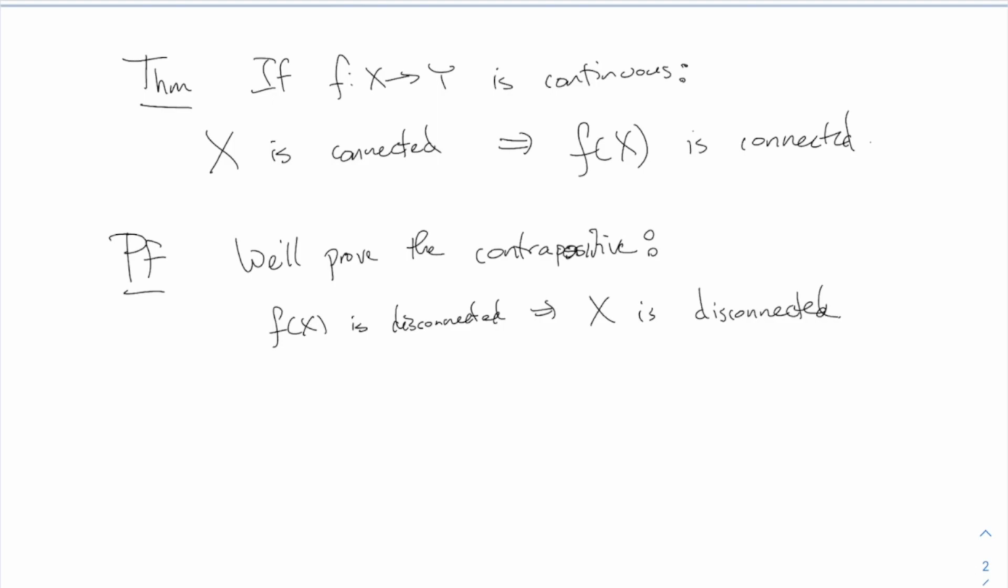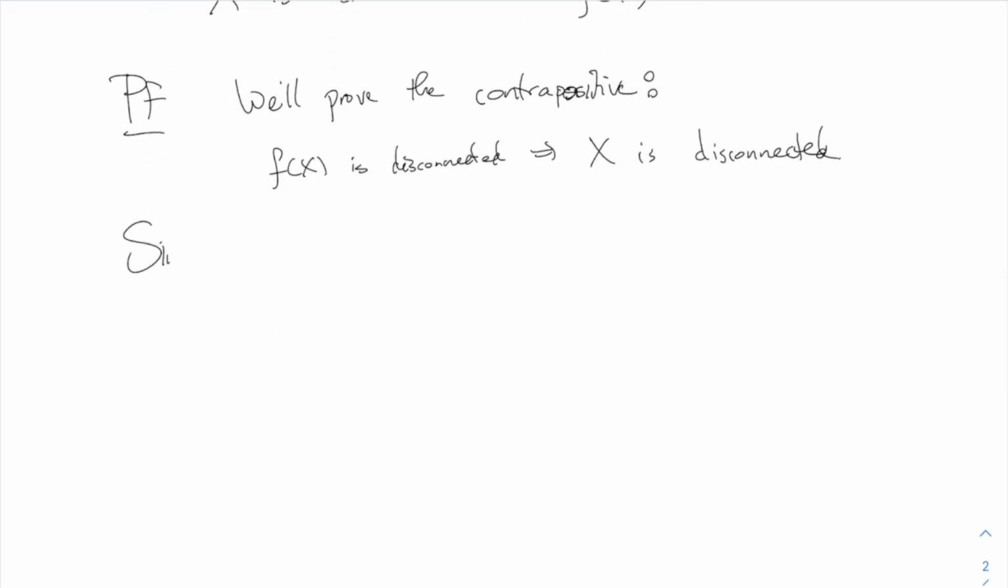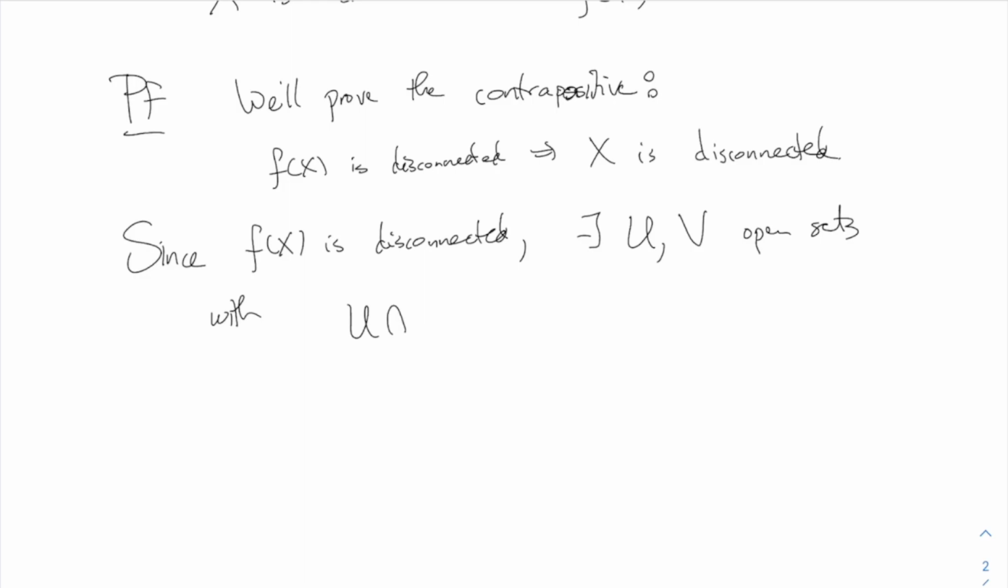This is a lot easier to get started on the proof, because this assumption here, we assume f of x is disconnected. That means there's a separation which has those properties that I said before. So this gives you something to start with. Since f of x is disconnected, there exists u and v open sets with, and I will just write those properties again, u intersect v intersect a is empty, u intersect a is not empty, v intersect a is not empty,